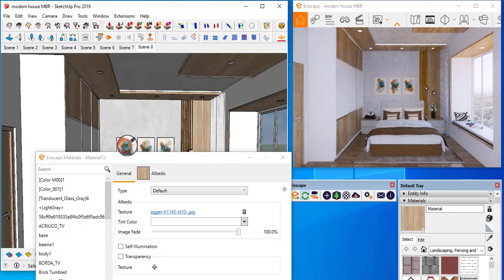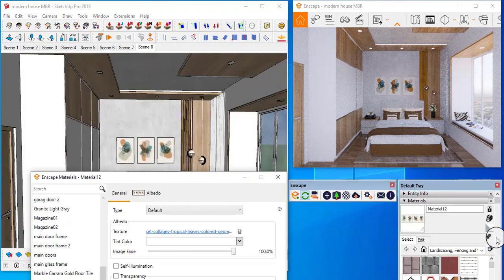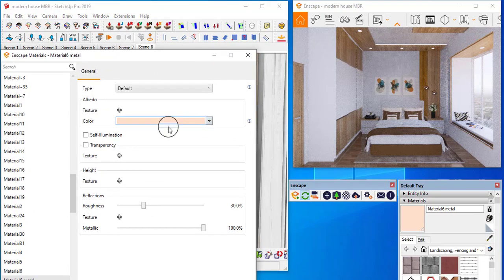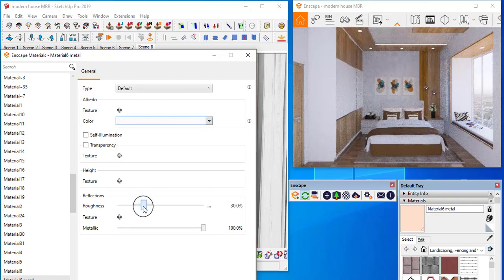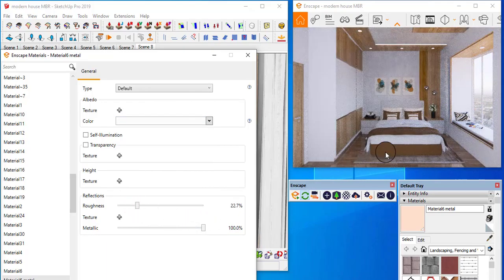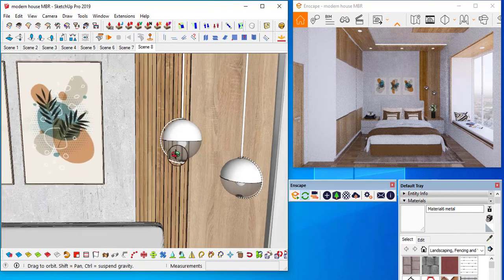Next, on this one I can add glossiness, though it is not visible, and on these I can change the color. A little bit of smoothness, the color, metallic, okay, that's good. If you want, you can keep this lighting, or you can keep it off. Okay, I will keep that.